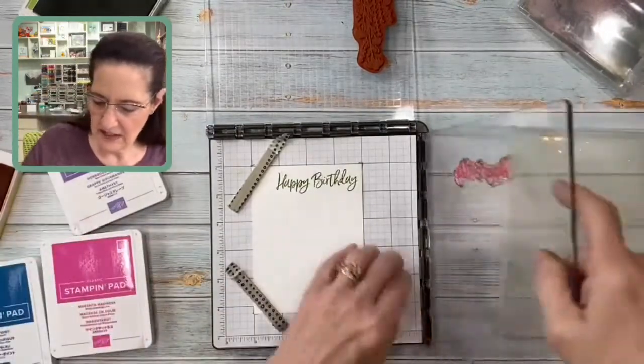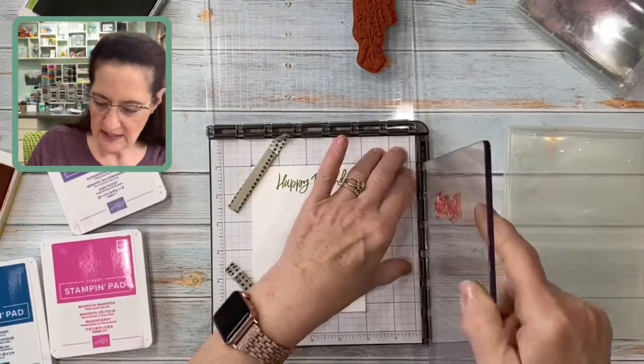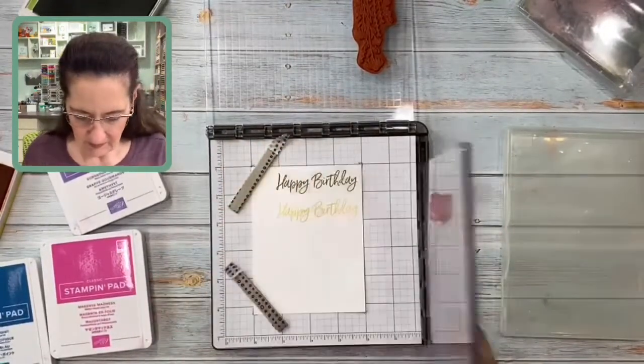And I'm going to lift this hinge up. Remember, you have to be at a 90-degree angle, and then place it back down, and then I can stamp it. Sometimes I just use my palm. Now,